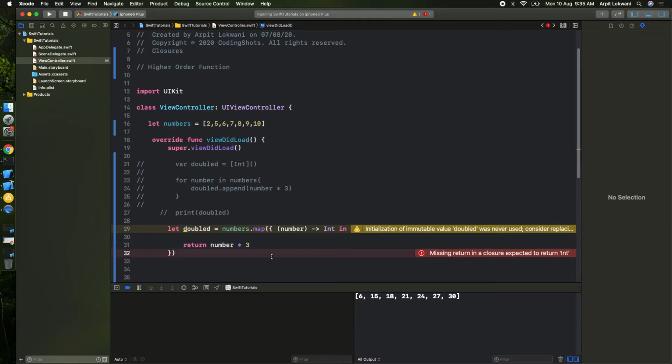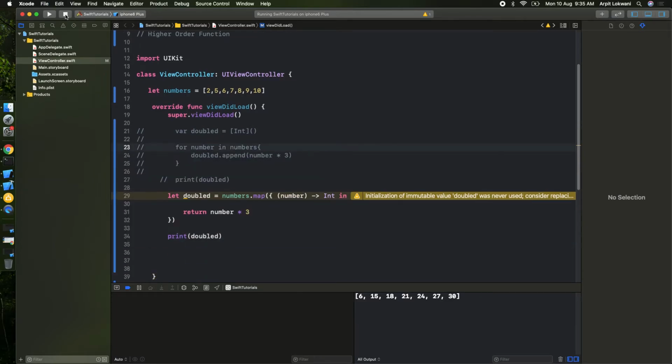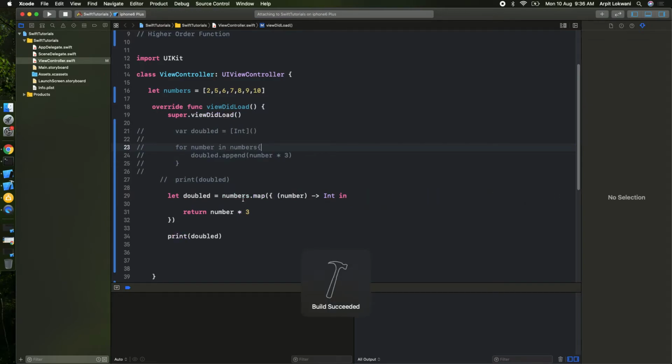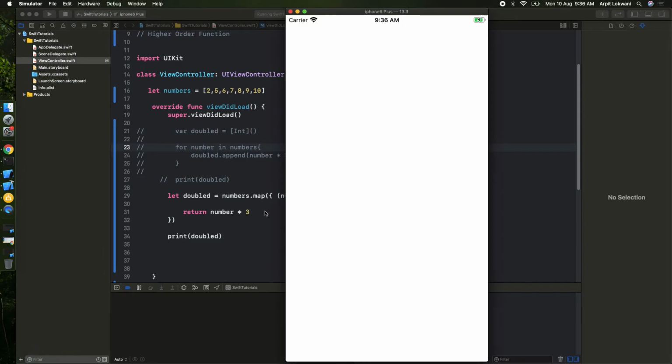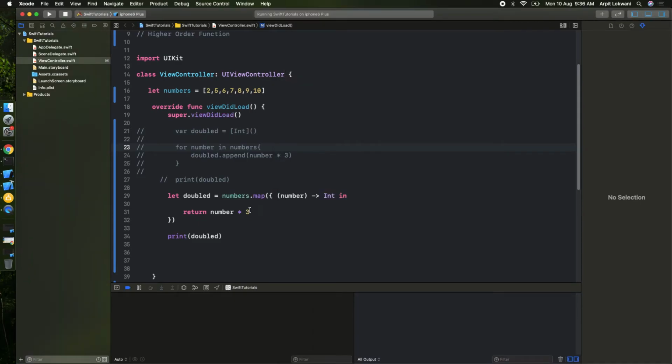Then print double. Let's see, is it working fine? Let me run this. It's very easy. Once you try the syntax, typing again and again, it will become a habit. It's very cool, right?